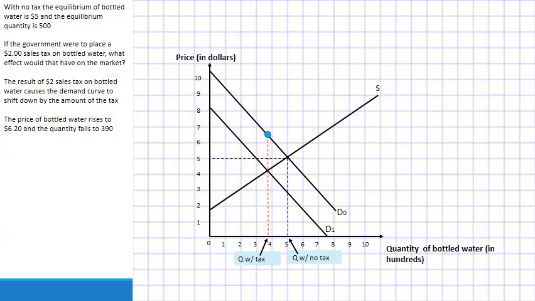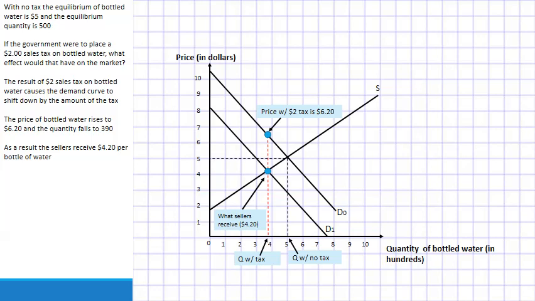So without tax, the quantity is 500. With tax, it's down to 390. The price at the top is $6.20. And as a result, the seller receives $4.20 per bottled water. So at this point, we're at the equilibrium of D1 and S. That's the new equilibrium with tax. And then the supply line, we see there, they're receiving